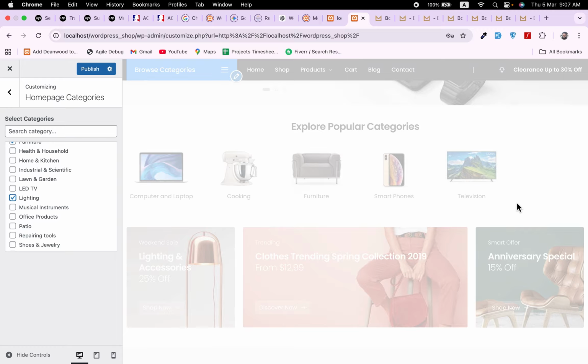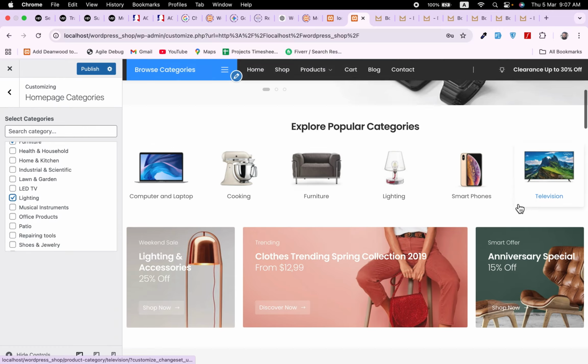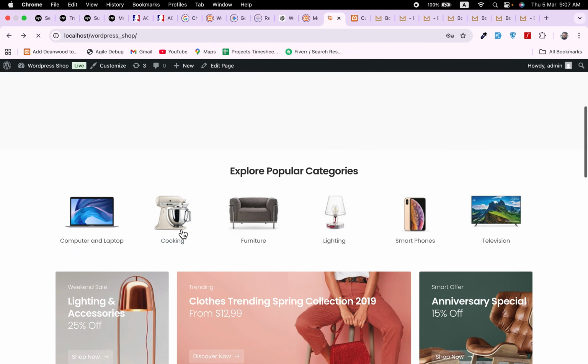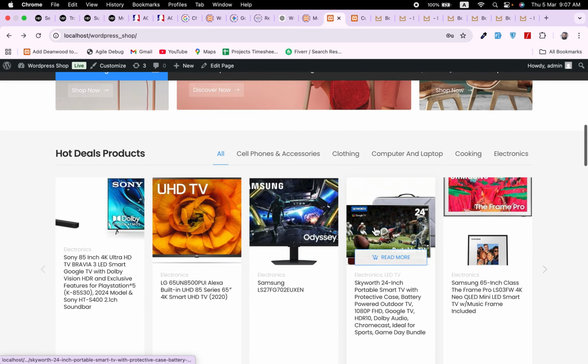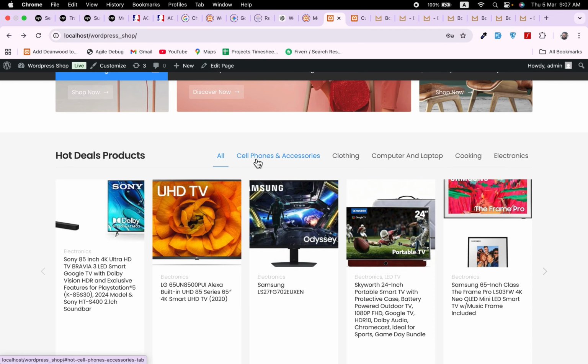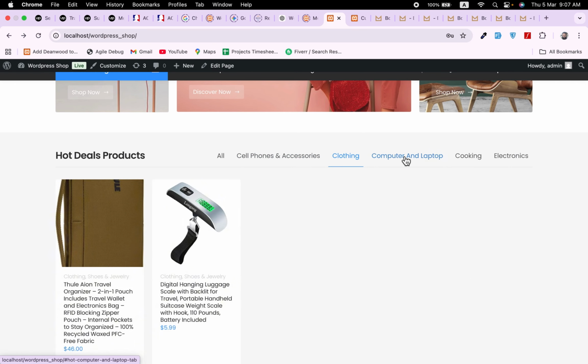Okay, lighting, I think it was lighting. Yes, it was lighting. So publish, and let's check. So both of these sections do not overlap each other. So this one is for homepage categories, and this one is for hot deals,